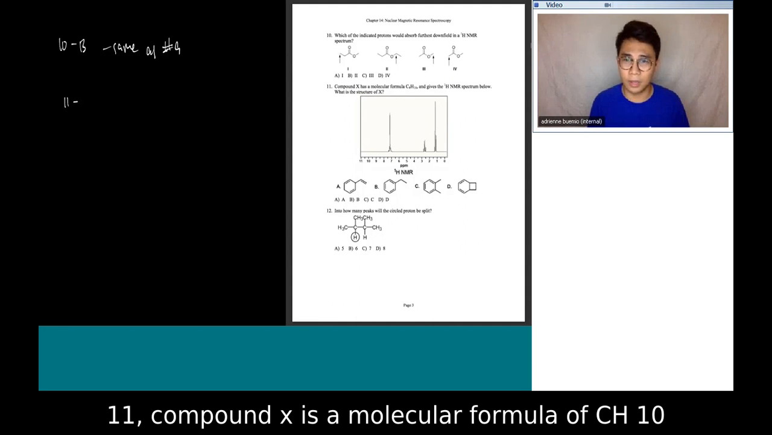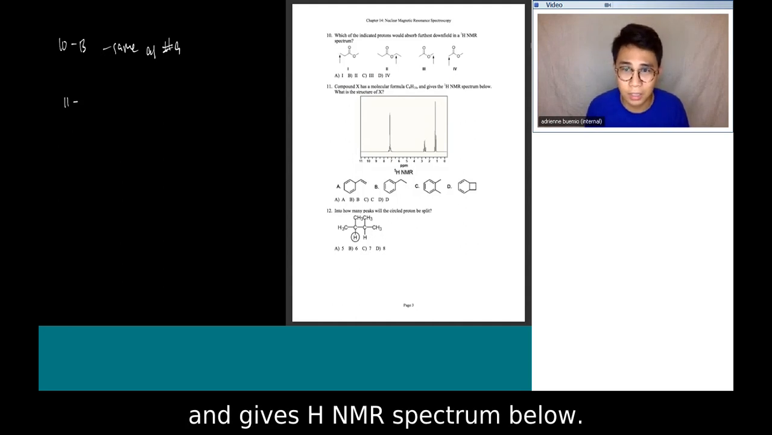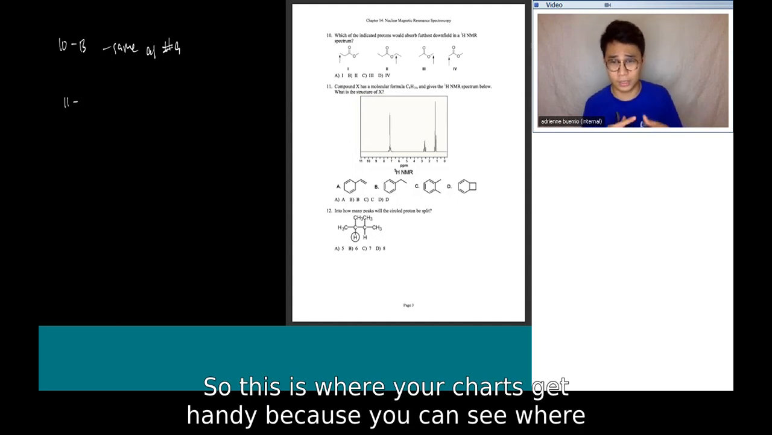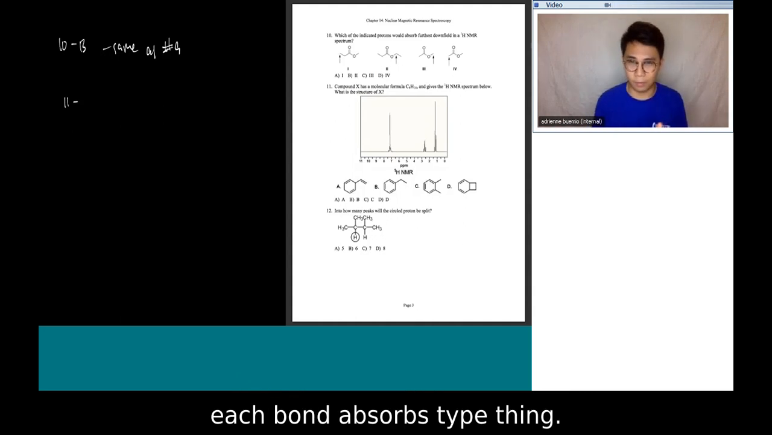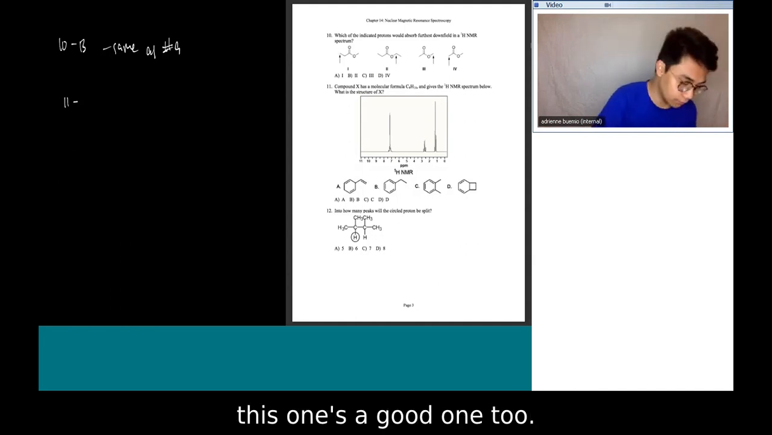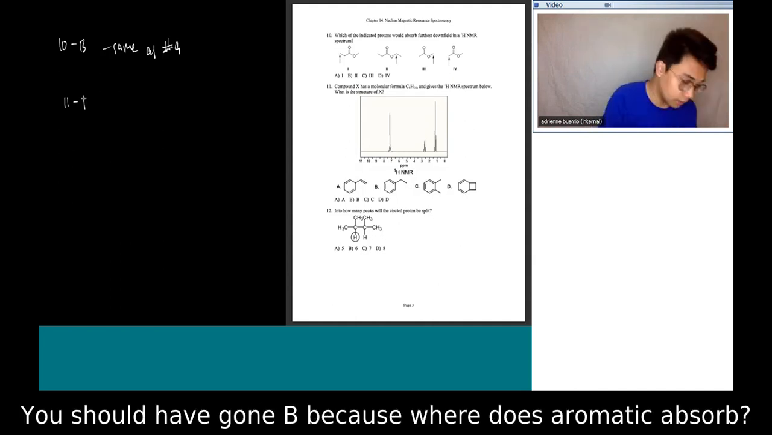Compound X has a molecular formula of C8H10 and gives the H NMR spectrum below. What is the structure? Okay, so this is where your charts get handy because you can see where each bond absorbs. So for 11, you guys should have gone something like, and this one's a good one too. You should have gone B because, right,